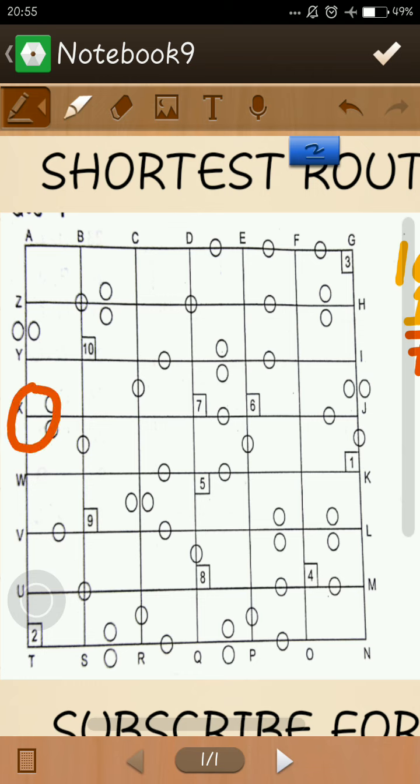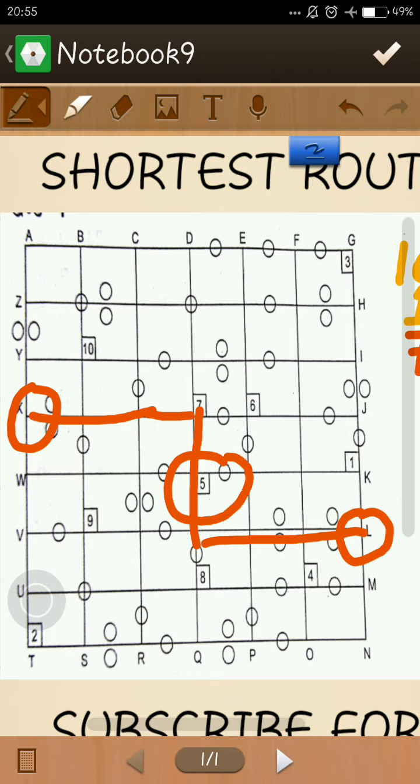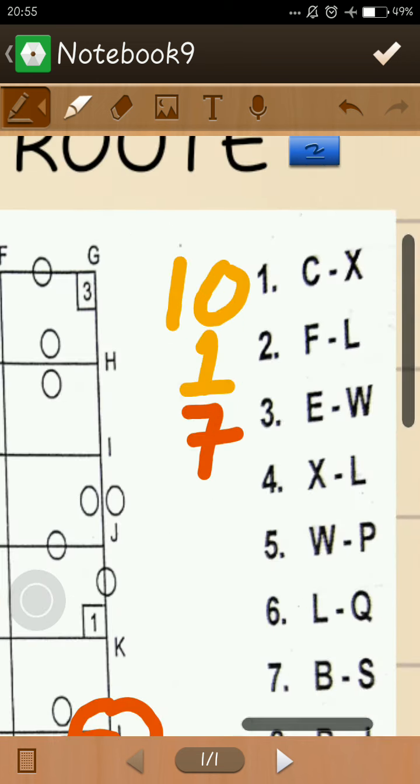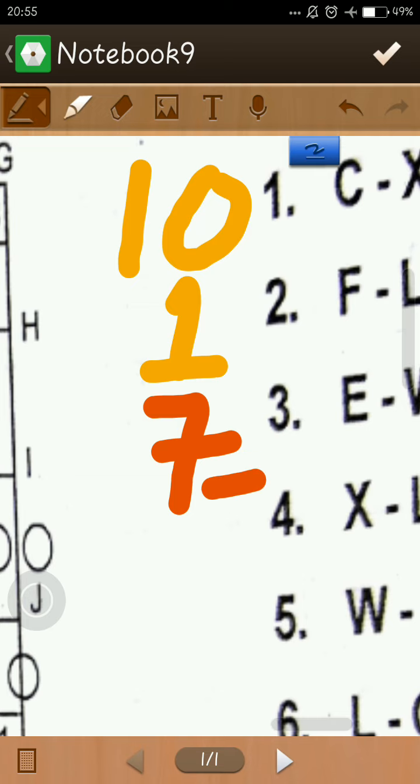I have two places. This is X and this is L, and I will have to go from X to L. So you can see here there is a very clear way. If I go straight, then I will take a right turn and then a left turn. I will reach the destination L. So the house which touches the shortest route or the way is 5. So I can say that the answer will be 5 for the fourth question.